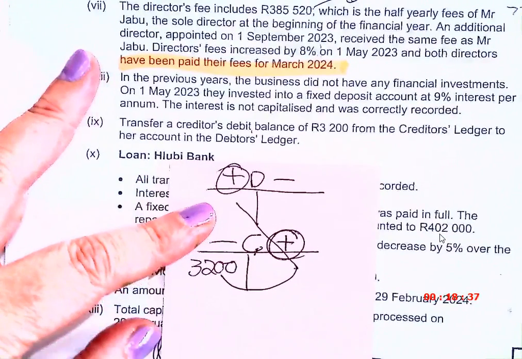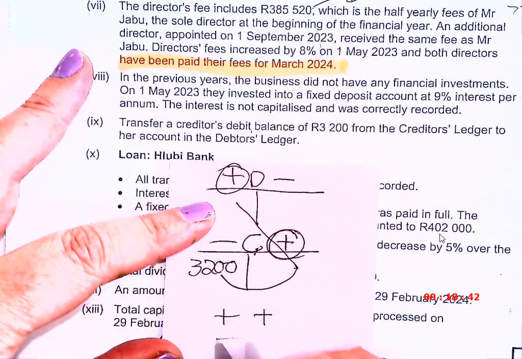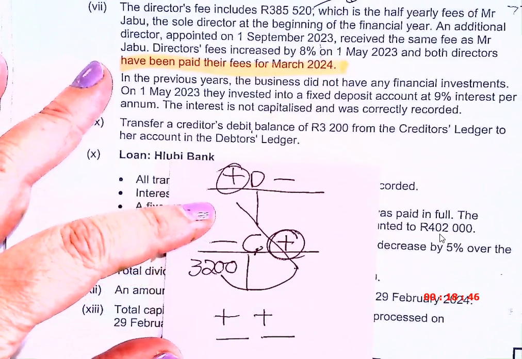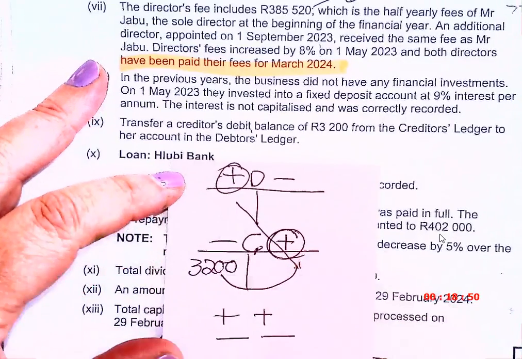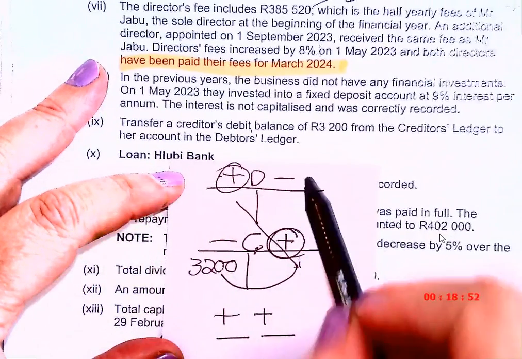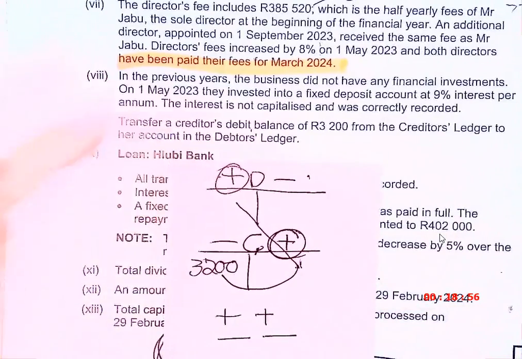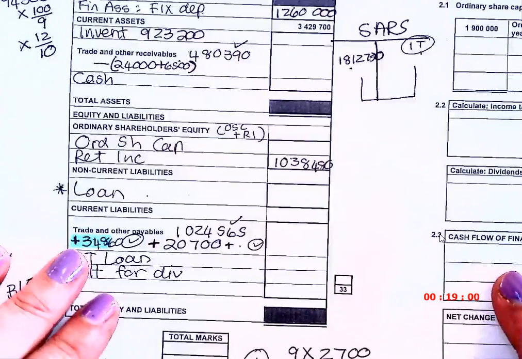Now, what I need you to remember is this little trick. It will always be plus, plus, or minus, minus. It will never be a plus, minus, or a minus, plus. Because if I plus it this side, it will plus that side. If I minus it this side, it will minus that side. Okay? So now, if I go to my balance sheet,